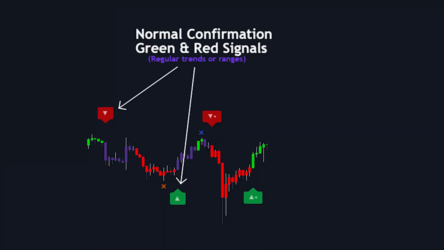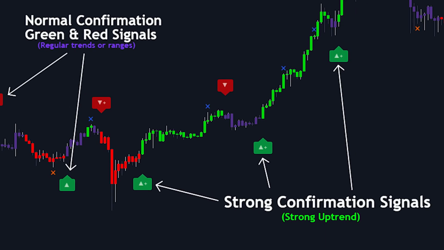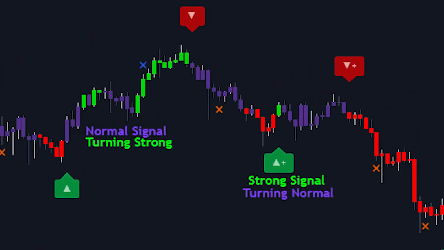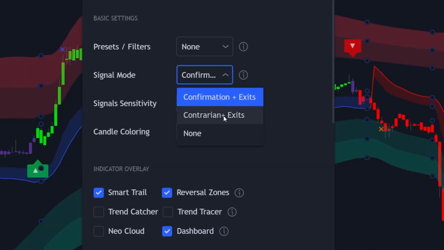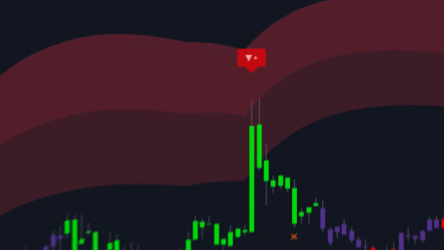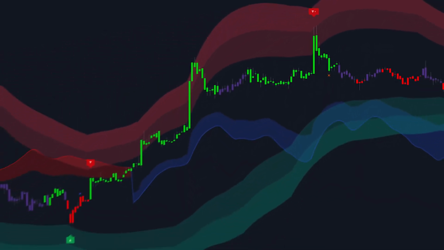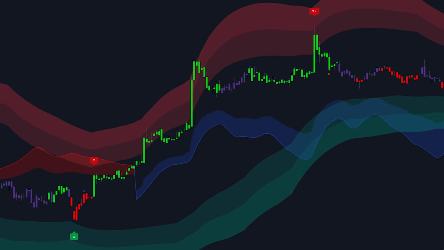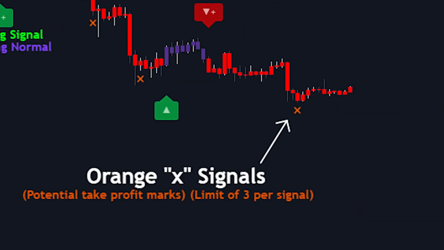So before we get into some examples and how all of the features can be used together, let's just highlight all of the current features included in the indicator. We have normal trend confirmation signals with green and red arrows, as well as strong signals marked by the plus symbol, specifically designed to help you confirm trends, candle coloring with purple, green, and red to visualize trends developing between normal and strong, contrarian signals mode with normal and strong signals as well, also specifically designed to help traders who like to trade against the trend or spot reversals, exit signals marked as blue and orange X marks that apply